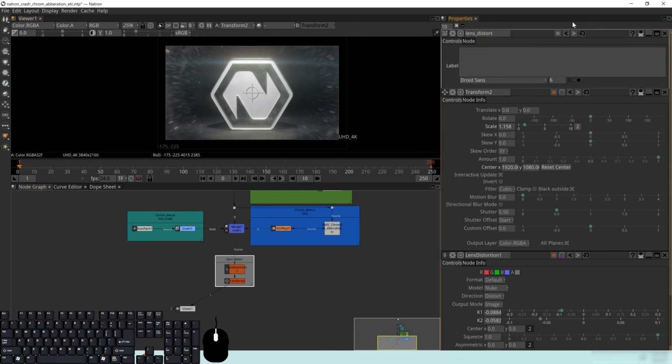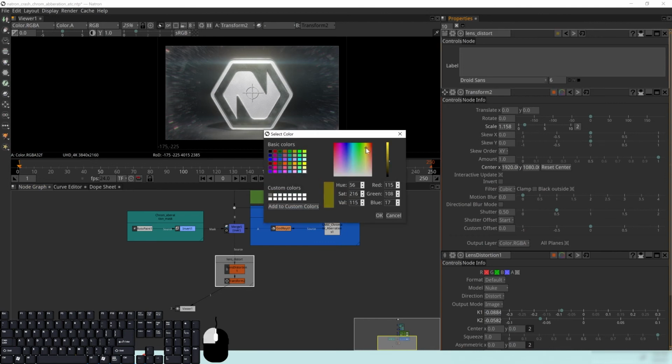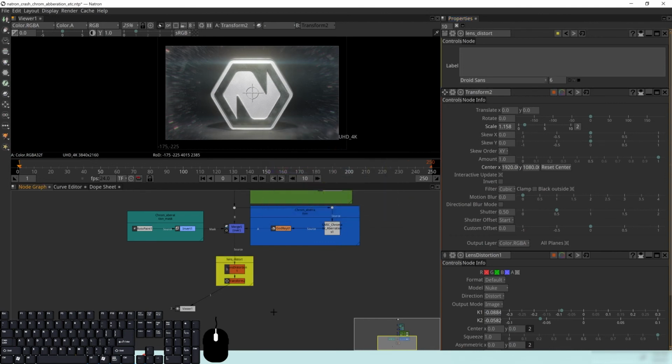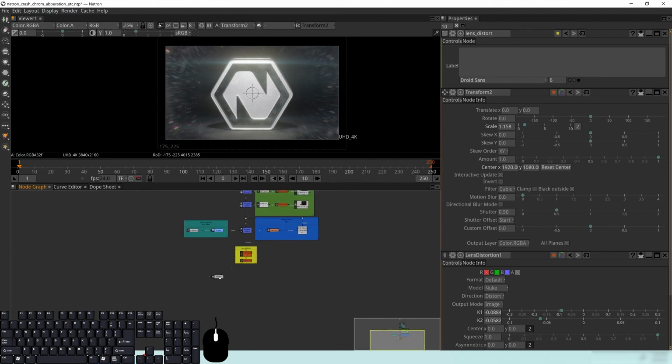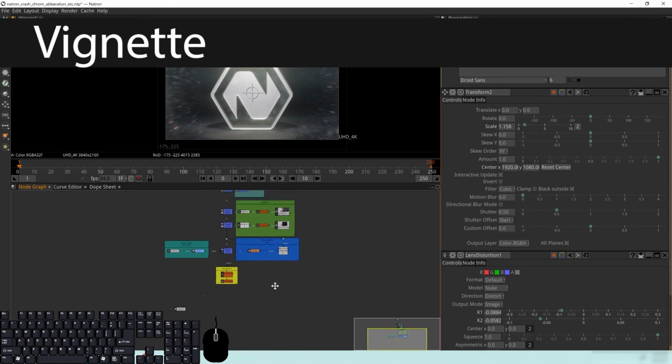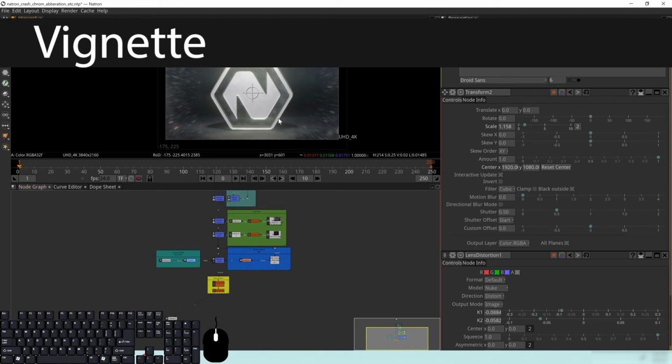Lens distort like that, and we will color this, let's do a yellow. Okay, so you could do that if you'd like. Now, the last effect that we're going to be doing here, we're going to be adding a little bit of a vignette. So vignetting is another one of those sort of dirtying up your image sort of things